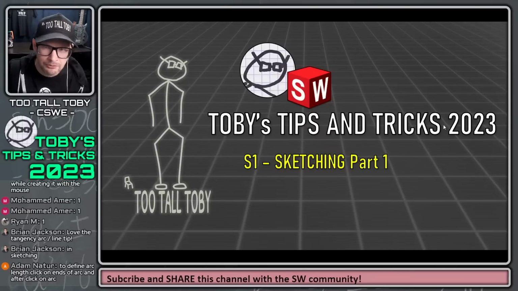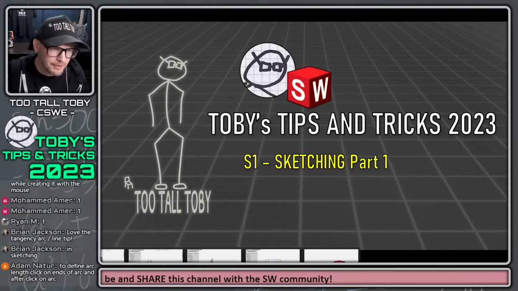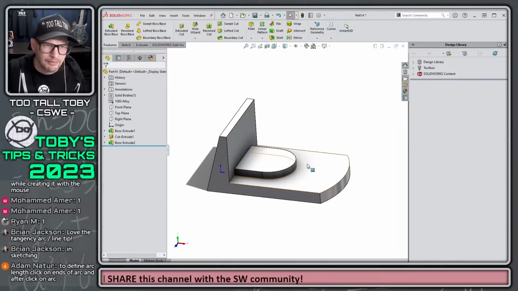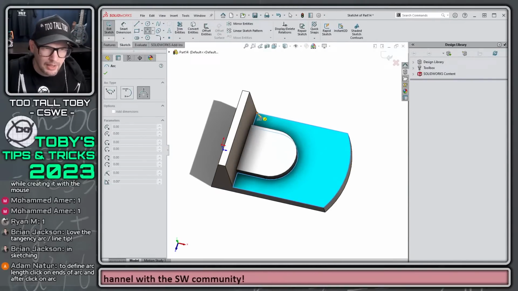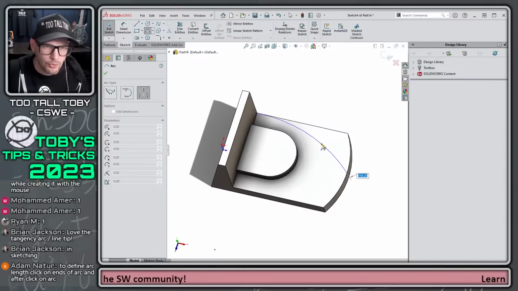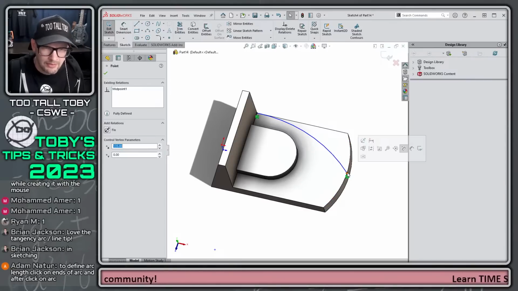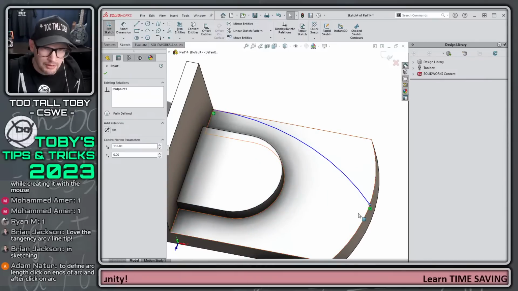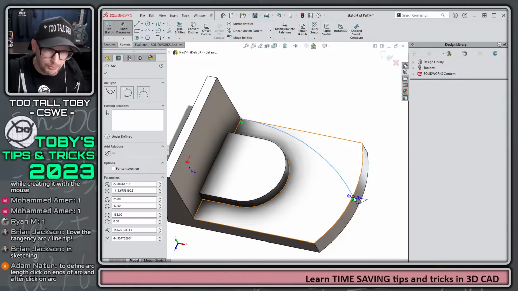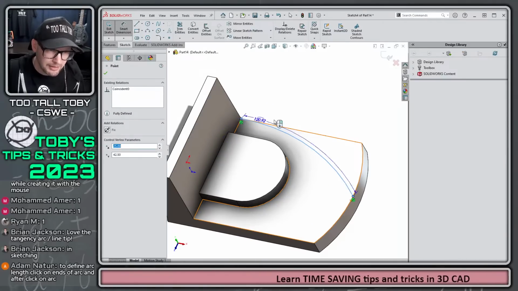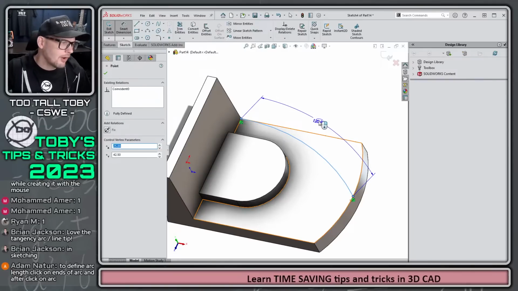Yeah, Adam's throwing out another good shortcut there. If you're ever in a spot where you need to define the length of an arc, you can create an arc. Let's say we have a certain amount of material to get from that corner to the midpoint at the front of this arc, like you're routing a cable here. Well, what you could do is smart dimension, click the arc, click the end point of the arc, click the other end point of the arc, and now you're defining what's called the arc length, the chord length,